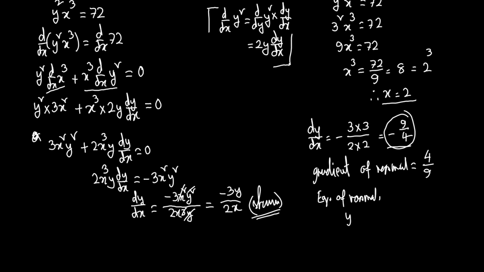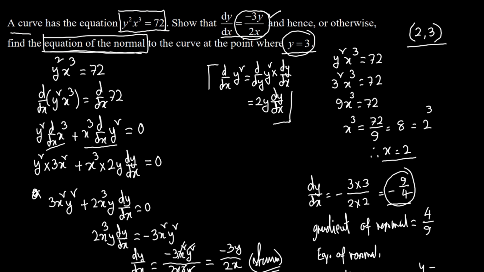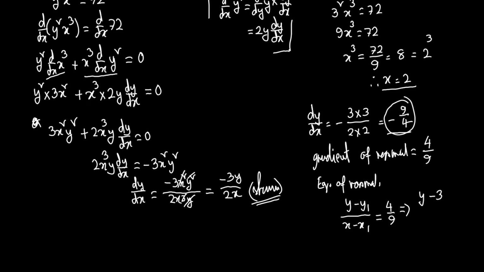We know that the formula is (y minus y1) divided by (x minus x1) equals the gradient, which is 4/9. So from here we can write (y minus 3) divided by (x minus 2) equals 4/9, where 4/9 is the gradient. You can simplify this more by cross multiplication with the 9, which gives us